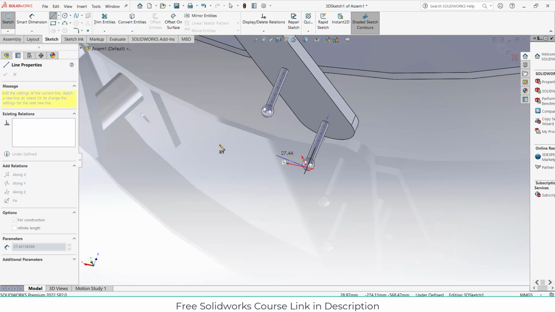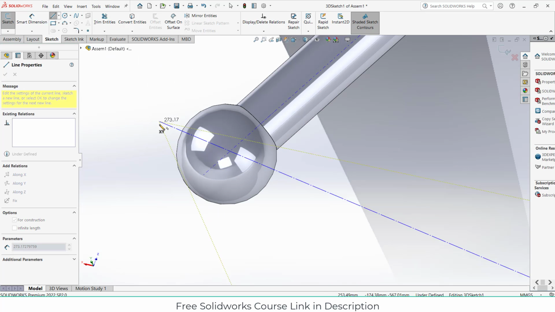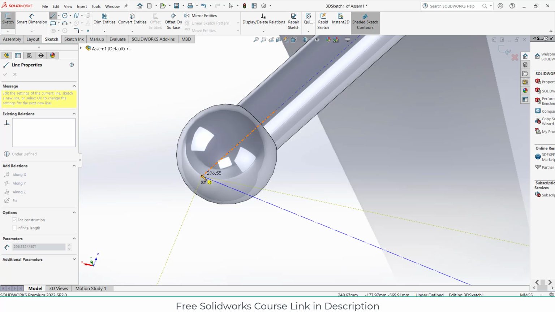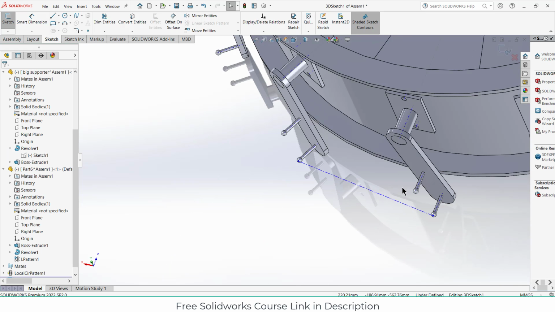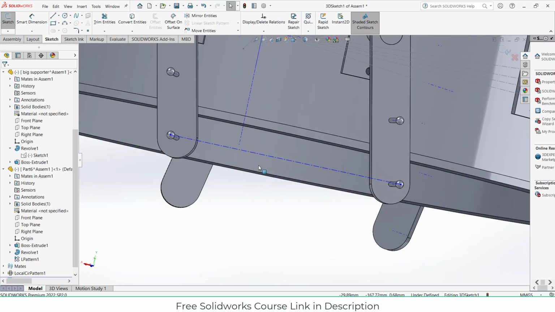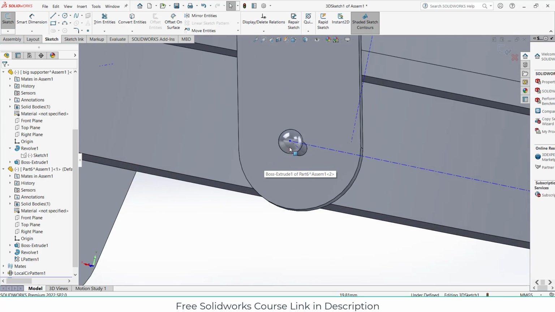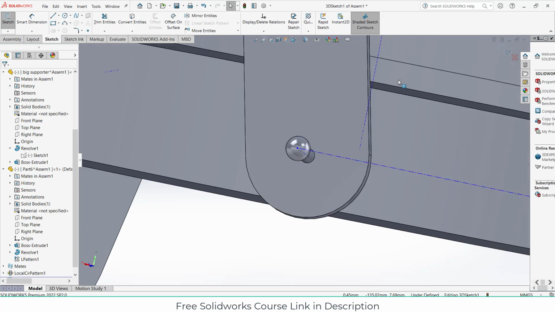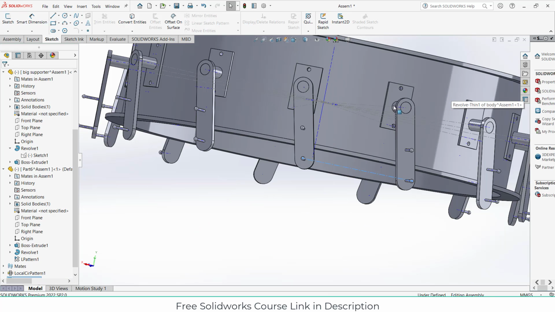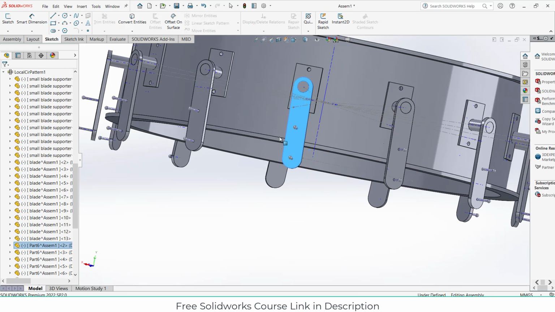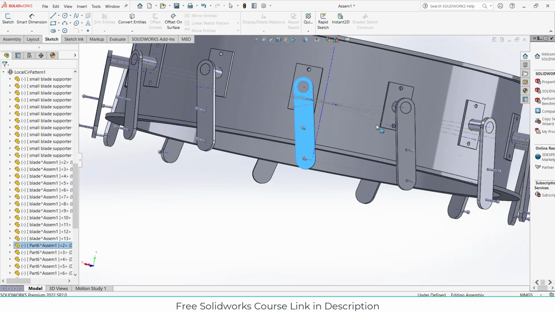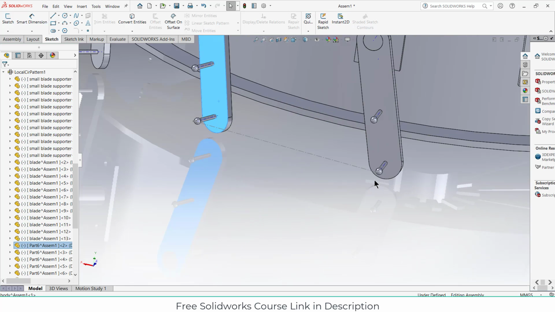Just get the tip of it, that will also do the trick. So I think it's 295,